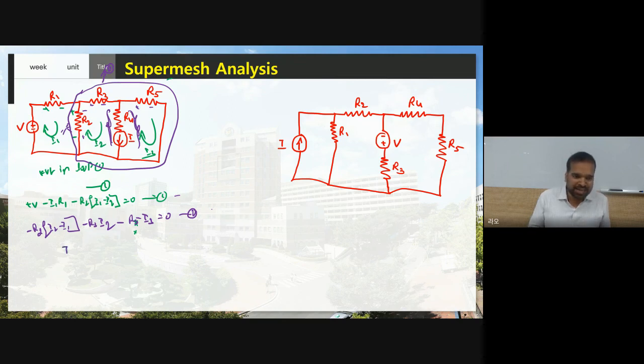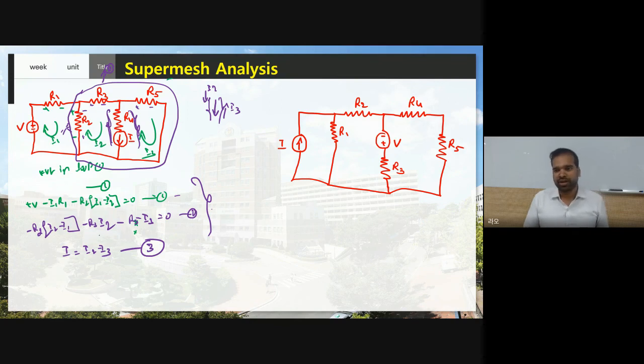For example, here I is equal to, should I write I2 minus I3 or I3 minus I2? So here the current direction is what? Going downside, and I2 is also coming down, right? Whereas I3 is going what? Up, the opposite direction. Okay. Now you need to write what? I2 minus I3, because the I2 current direction and the current source direction are both the same. Therefore I2 minus I3 equal to I. So I is a constant, maybe 2 amperes, 5 amperes, they will give it in the problem. Therefore this is our equation 3, and from equations 1, 2, 3 you can find I1, I2, I3 by using Cramer's rule.